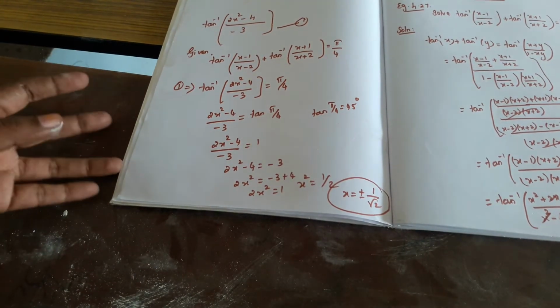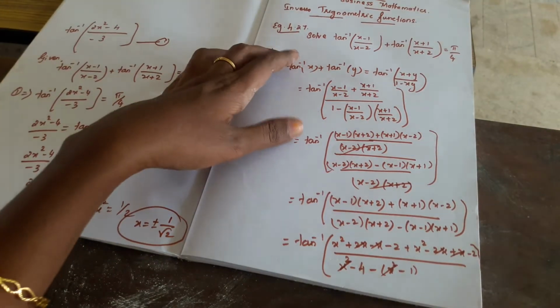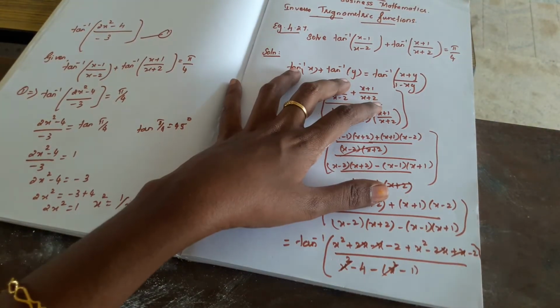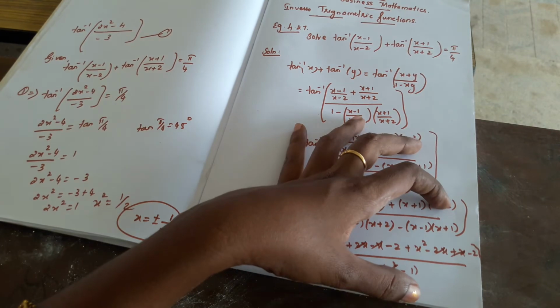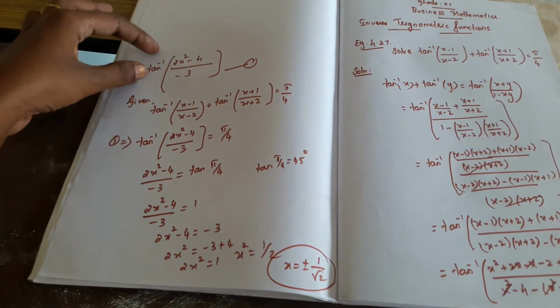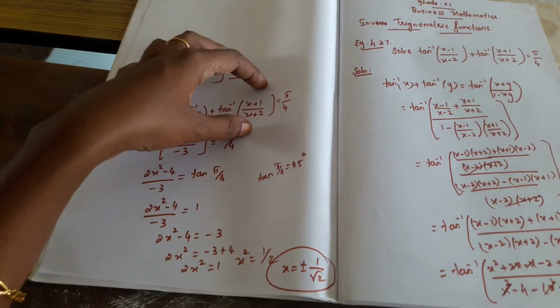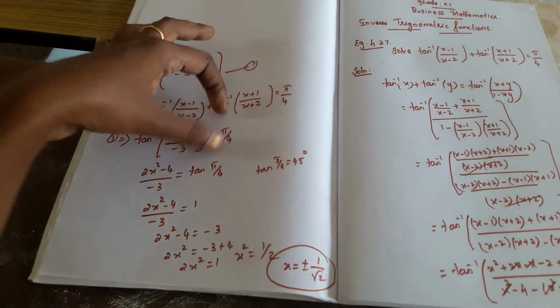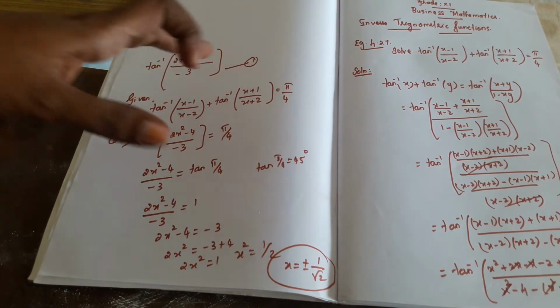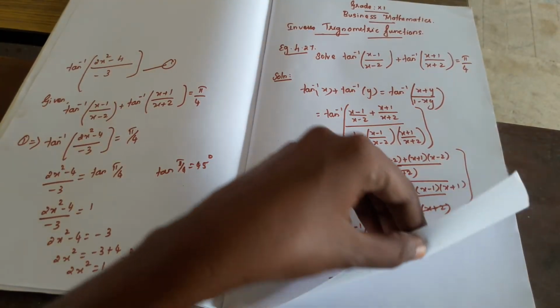Understand, students? Okay, let's repeat. That is tan inverse of x plus tan inverse of y, we will apply the formula and simplify both numerator and denominator. We got one value, but in your question itself they gave it's pi by 4. So equate both the answers and from that find out the x value. Okay, so x is equal to plus or minus 2. Have you all understood? Okay, let's move to the next example.